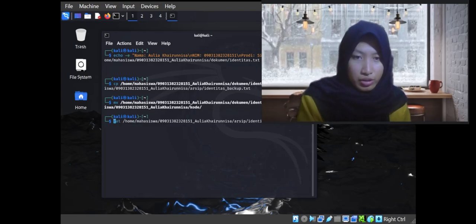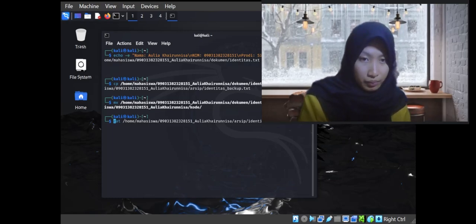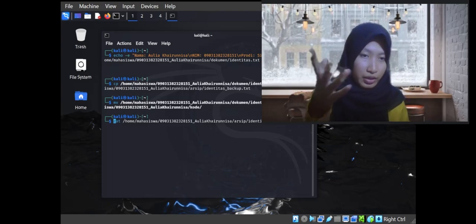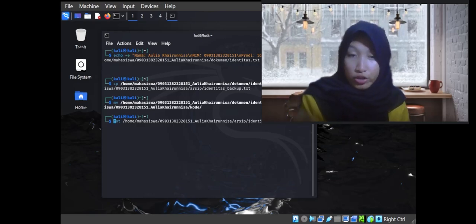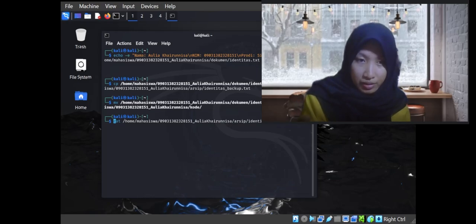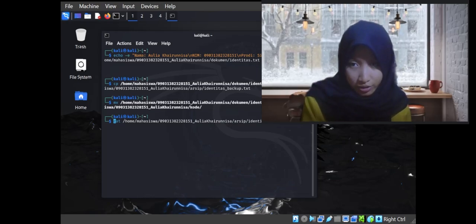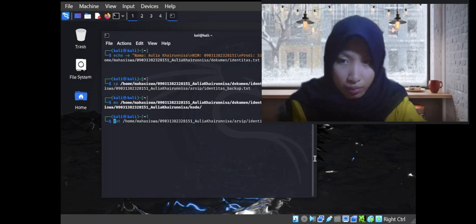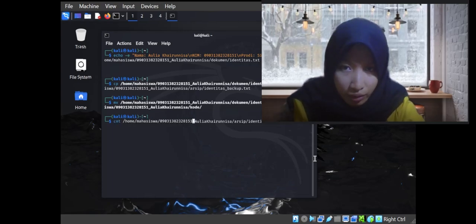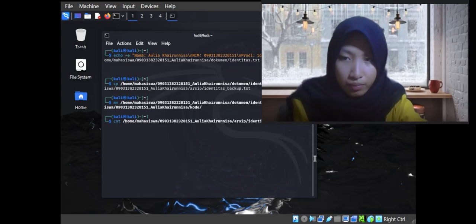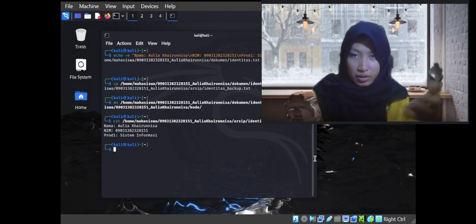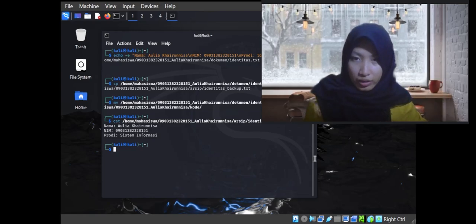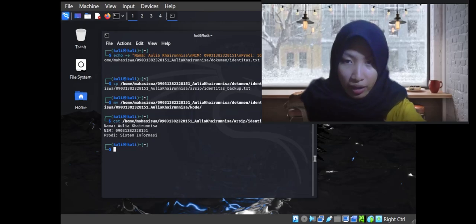We're going to use the cat command. The cat command displays the contents of identitas_backup.txt to ensure that the data remains intact after copying it. Let's just hold on, there's something. See, as you can see, it copies the identitas.txt. Perhaps we could try